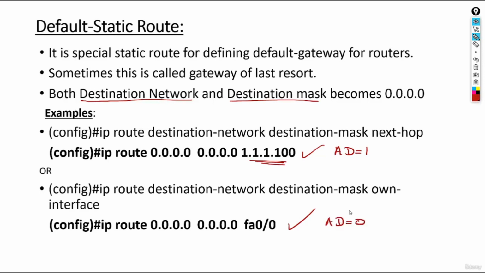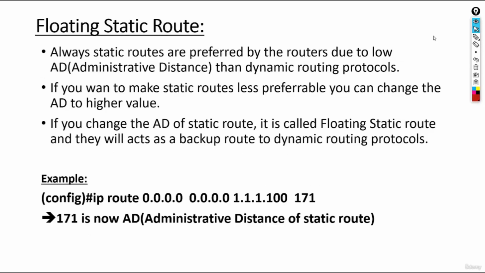So now remember, if you have a static route and you are also running a dynamic routing protocol, static routes are always preferred by the router because of the lowest admin distance. So in the next slide, we are going to talk about something special. It is called floating static route. So what is a floating static route? Static routes are always preferred by routers due to lower administrative distance than dynamic